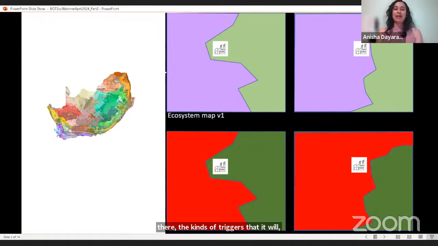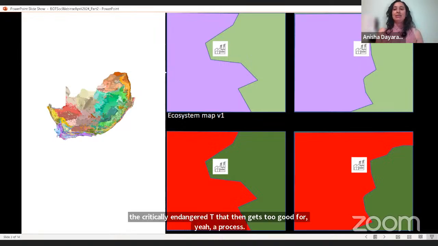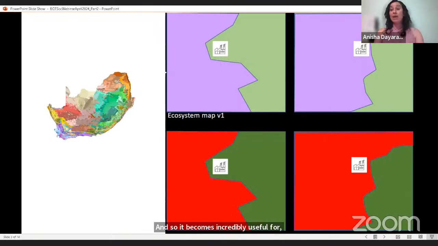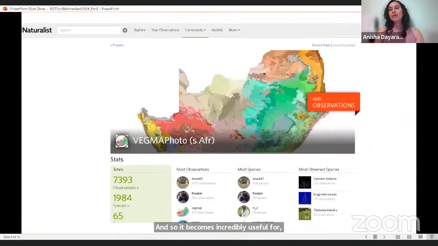EIA specialists will have to use to do the assessment will have a much lower bar because that type is listed as least concern. Whereas if we have a more accurate boundary, the critically endangered criteria actually gets triggered for an EIA process. And so it becomes incredibly useful for informing those sorts of decisions, and that's just one use. We have a very small team at SANBI,